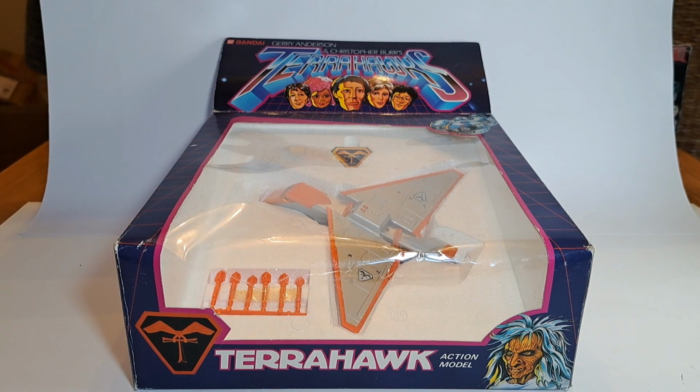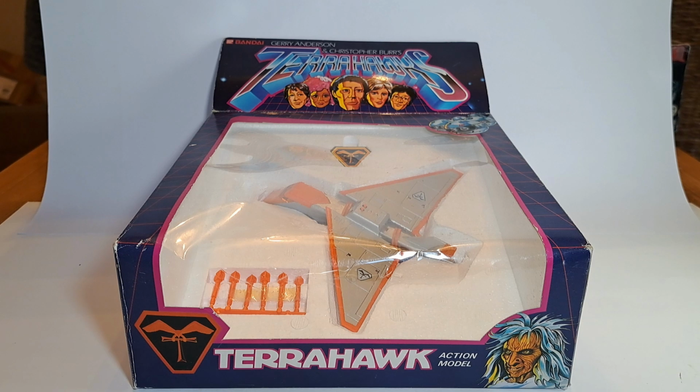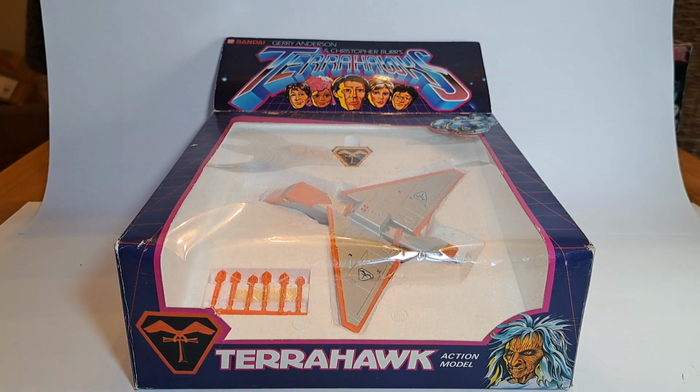Now, the box to me, just looking at it, does not actually look sealed as such. But I think the right terminology is unused contents, possibly. Given that, I mean, there's even I think a little bit of sellotape over the top of the missiles there. So I'm pretty sure that if it has been taken out of the box, it's never come out of the polystyrene. That would be my guess. So I'm kind of tempted to leave it as it is,